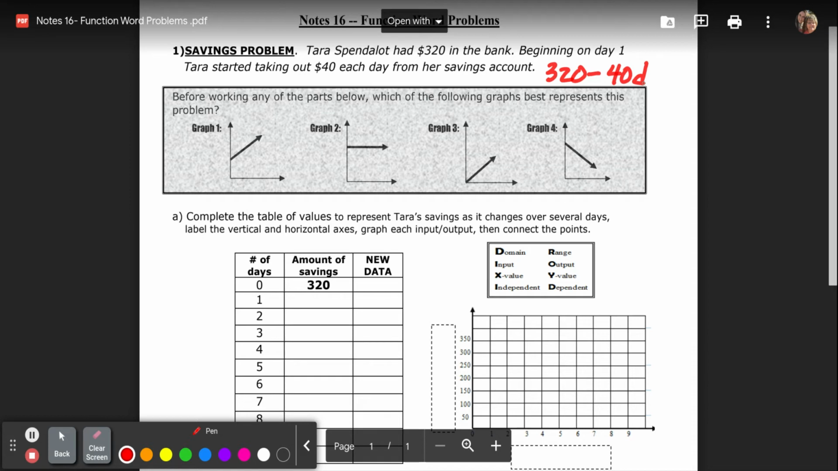So if she had a bunch that she started out with and she's taking out, that means that it's that minus 40D, that's a negative slope. So she's going to end up with no money at some point. So that would represent this graph 4. So let's take a look at problem